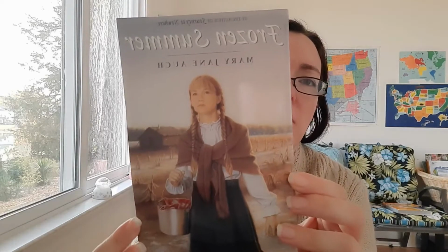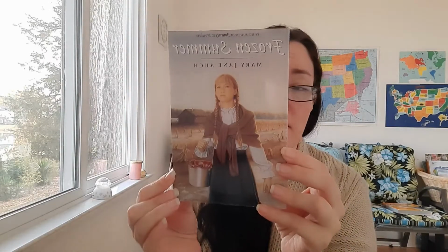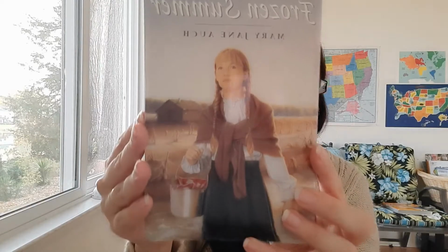So yeah, there's that one. Frozen Summer, this looked interesting. This one is based in 1816. Not quite sure exactly what it's about. I didn't really read all the back of it, but we're going to keep this one and read this one